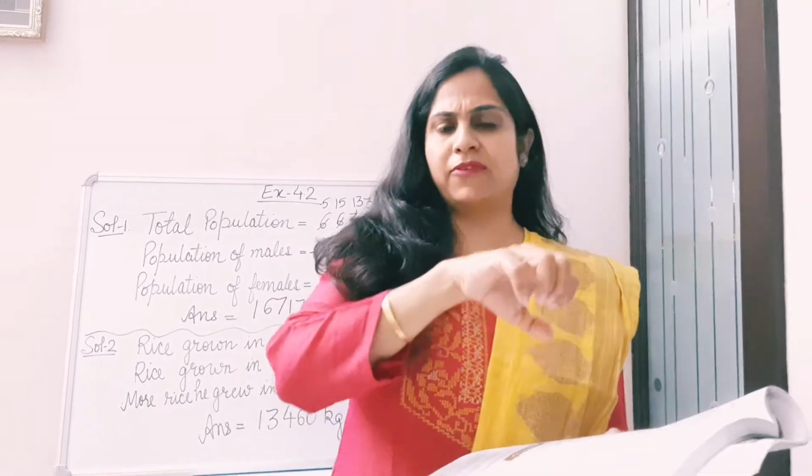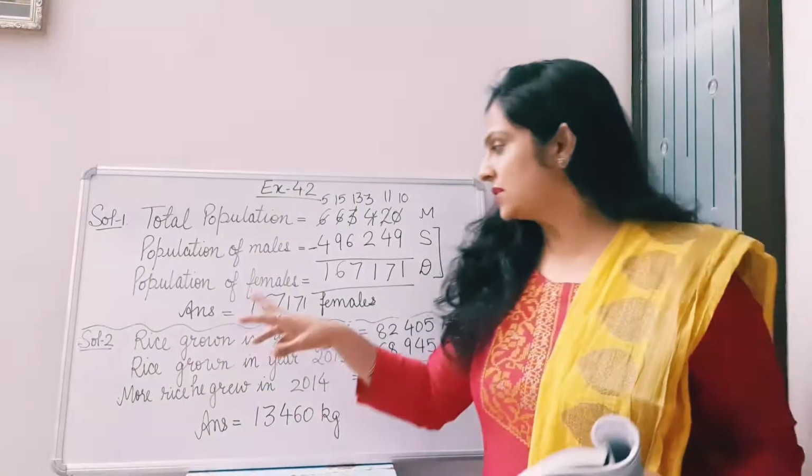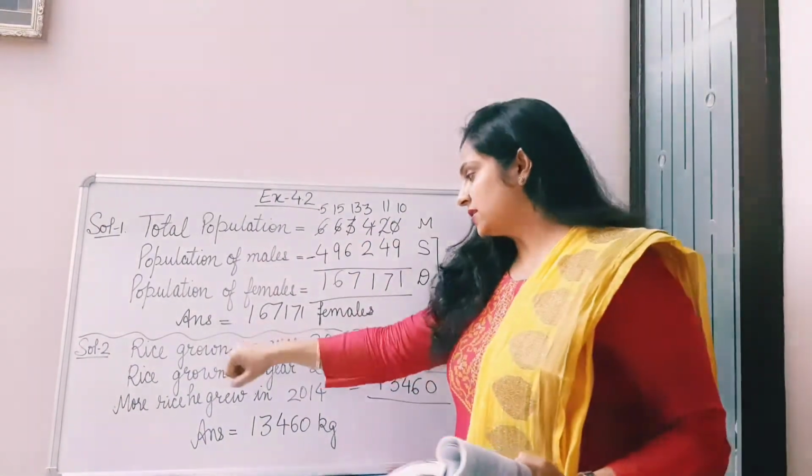फाइन. इतना हमने इस क्वेश्चन में से इंफॉर्मेशन ले ली कि 13 में फार्मर ने इतना केजी राइस ग्रो किया और 2014 में इतना केजी राइस ग्रो किया और 2014 में ज़्यादा ग्रो किया. अब क्वेश्चन में क्या बोला है, क्या पूछा गया है? How much more rice did he grow in 2014? 2014 में कितना ज़्यादा ग्रो किया? अभी हमने देखा 2014 में ज़्यादा है और 2013 में तो उससे कम है. तो how will we find the difference? How will we find that, कितना ज़्यादा ग्रो किया 2014 में? We have to subtract it. Okay, let's write. First of all we have to write the statements.